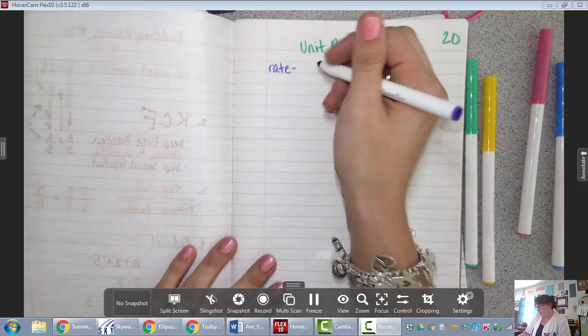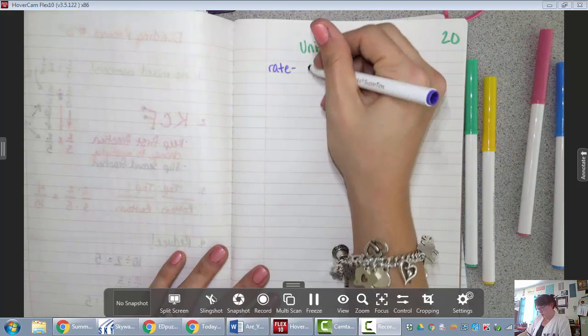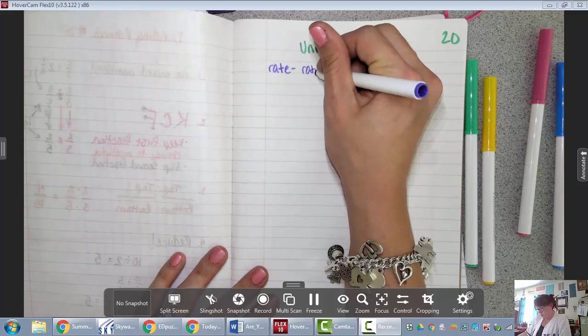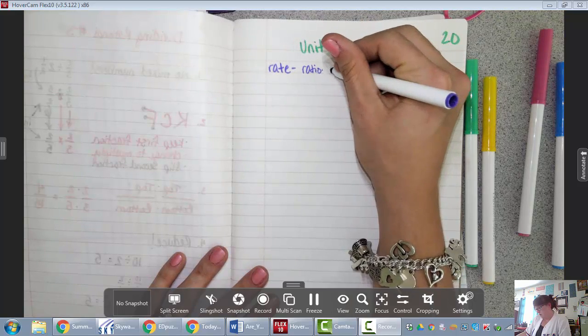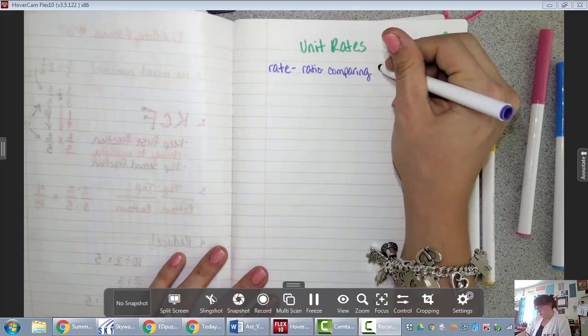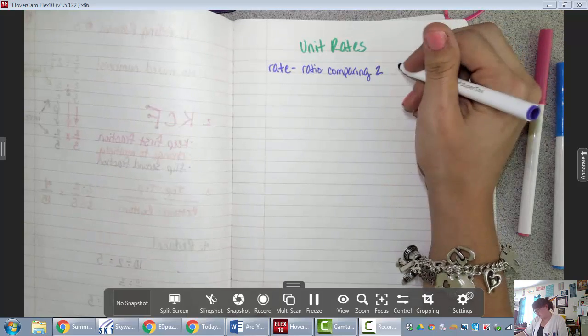So we're going to compare two different types of numbers. It's a ratio comparing two types, kinds of